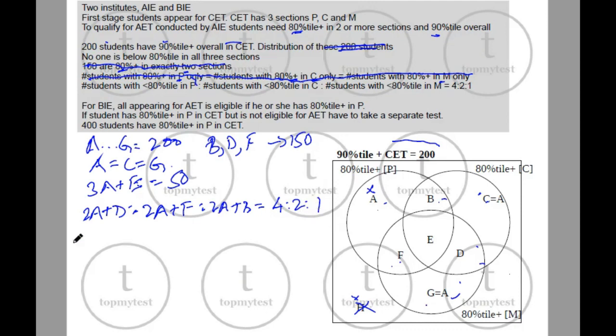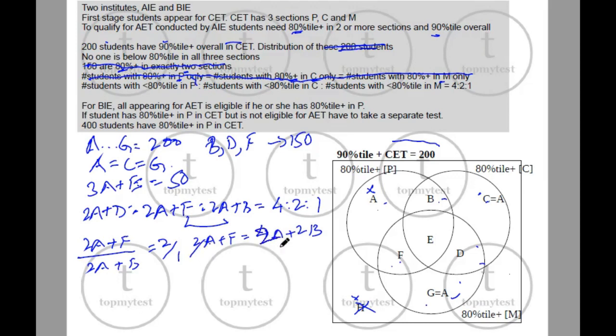Okay, so we can find some information regarding A, F, D and B. Let's see what we can get out of this. Okay, this ratio is 2:1. So let's try to resolve this. 2A plus F divided by 2A plus B is 2/1. So if I rewrite this, you get 2A plus F should be equal to 4A plus 2B. So if I take this out, F should be twice of A plus B. F is twice of A plus B.